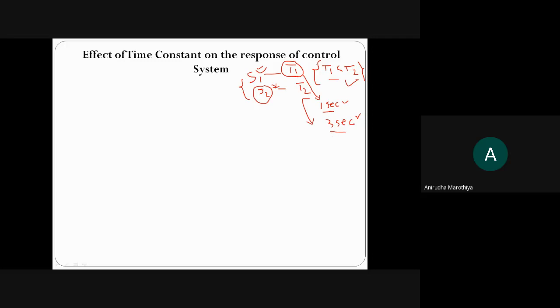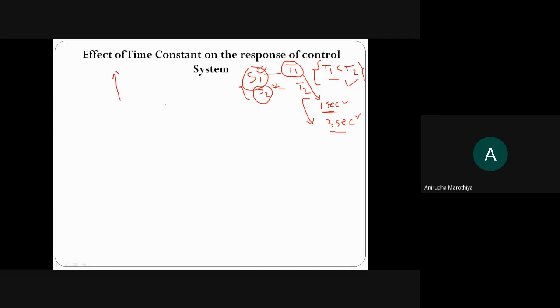देखो, बहुत सिंपल सी फिलोसॉफी है ना. टाइम कांस्टेंट क्या है? इट इज नथिंग बट द टाइम टेकन बाय द सिस्टम, रिस्पांस ऑफ दैट पर्टिकुलर सिस्टम टू रीच 63.2% ऑफ इट्स फाइनल वैल्यू. अब मैं बोल रहा हूँ कि मेरे पास में मेरा जो पहला सिस्टम है उसका टाइम कांस्टेंट कम है, फॉर एग्जांपल 1 सेकंड है, तो क्या होगा कि बाय द एंड ऑफ 1 सेकंड, फॉर एग्जांपल इफ यू ड्रॉ द